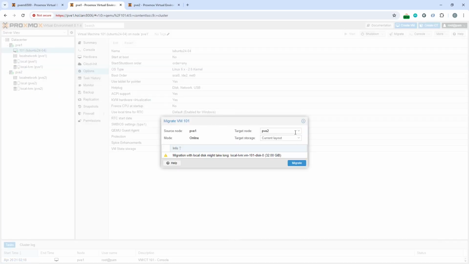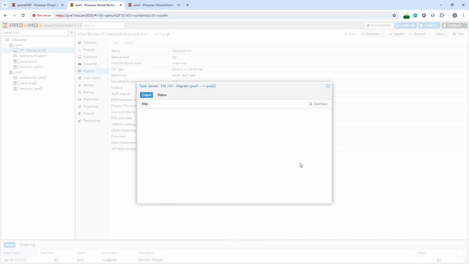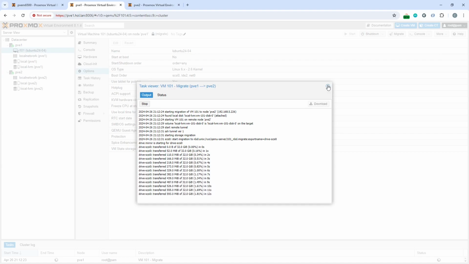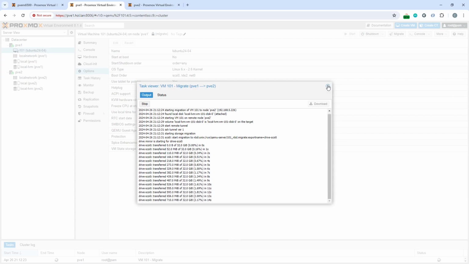And we can actually now start to, in fact, it's even popped up the other target node immediately. It's going to keep the same storage layout, and we can just hit migrate. And that started its migration. And it will actually continue to run during that migration. So just like when you do vMotion in VMware, you are able to move the machine live. I can't recall about Hyper-V and quite what the behavior is there, but you can certainly do live migrations,